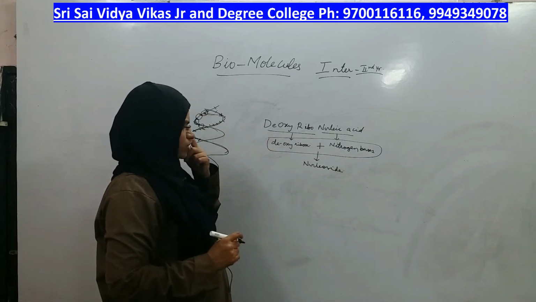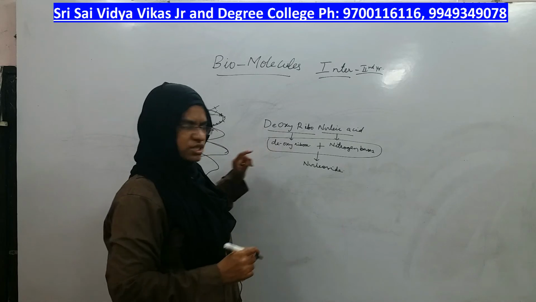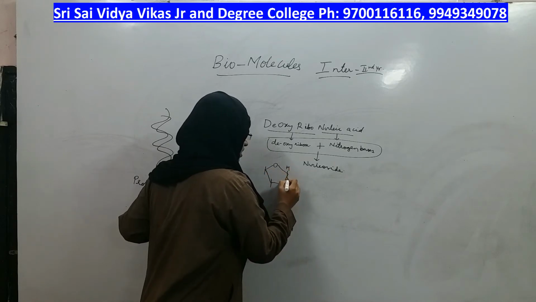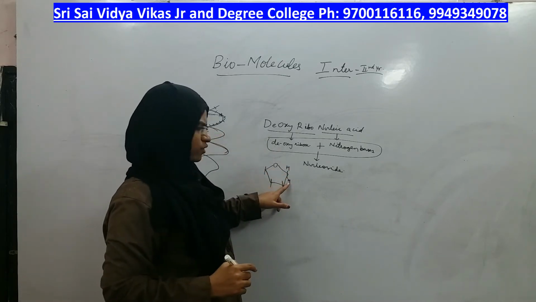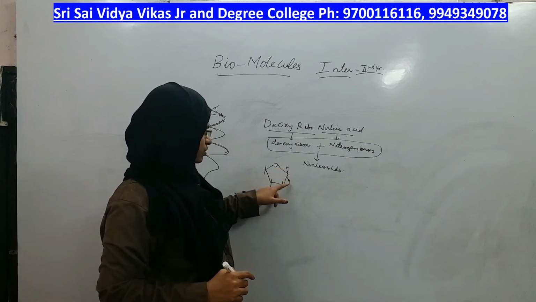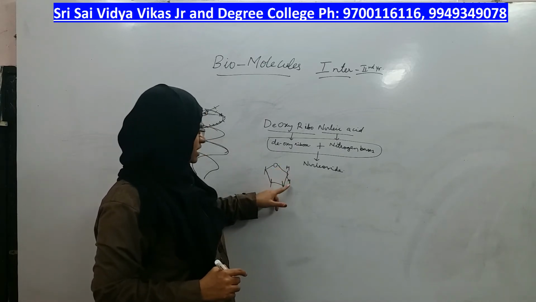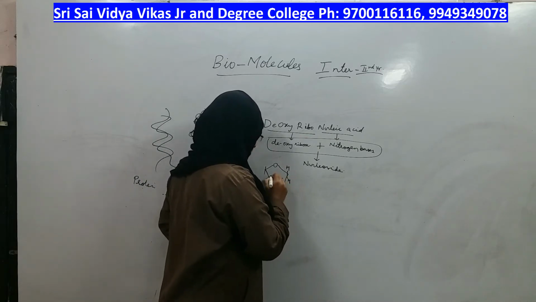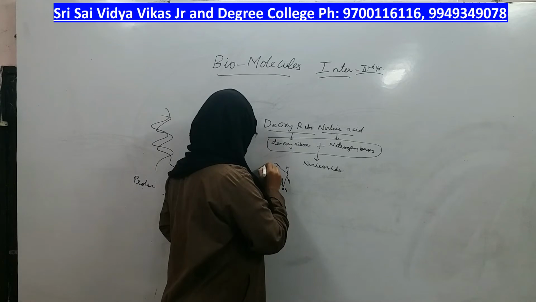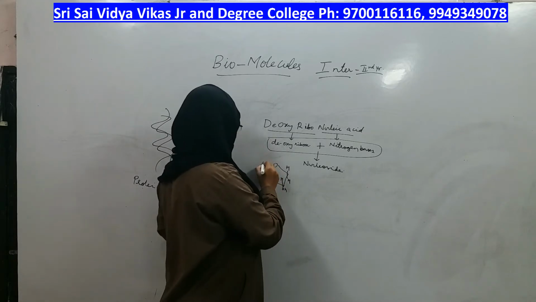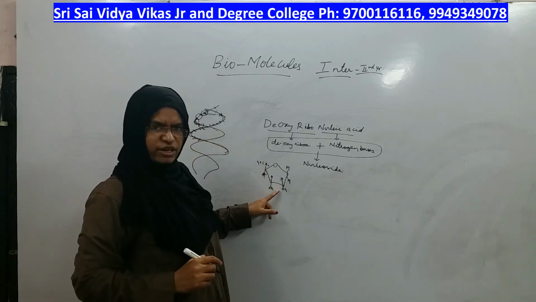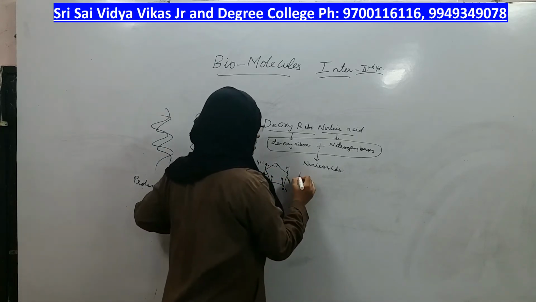In which what do we have? Deoxyribose, the structure of which we have seen in the last class. This is the structure of deoxyribose. At the second position, you don't have OH, you have only H. H and OH should be there in ribose, but deoxyribose means H and H only. Sorry, CH2OH and H. This was the structure of deoxyribose plus nitrogen bases.